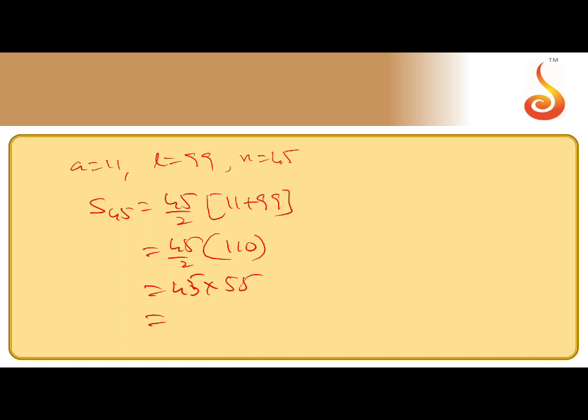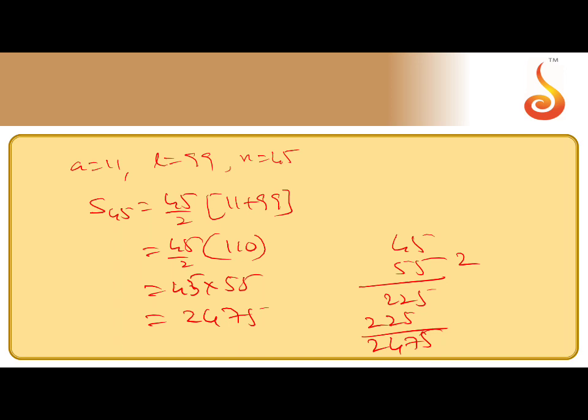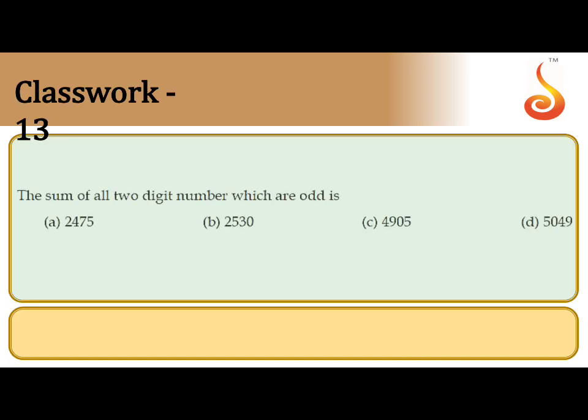So after multiplication, we got 2475. If you want, you can multiply 5 5 is 25, 5 4 is 20, 22. Again, same thing, we'll get 574. That is the answer for this one. I hope this is clear. So the similar question only. Check the answer. Option A is correct.